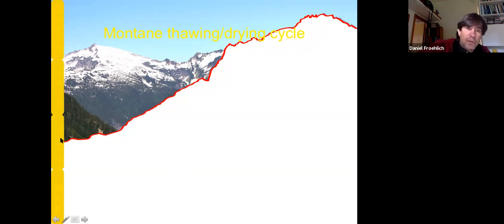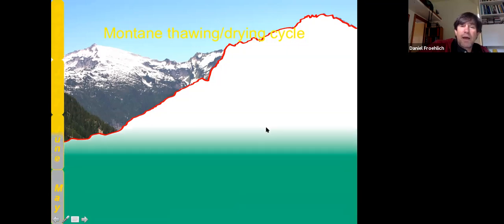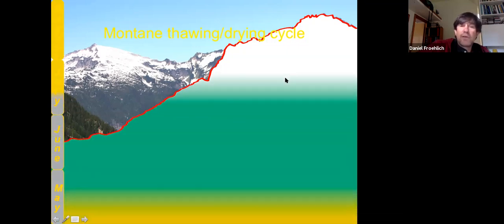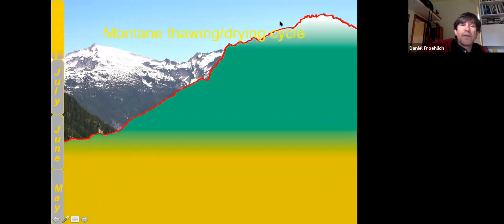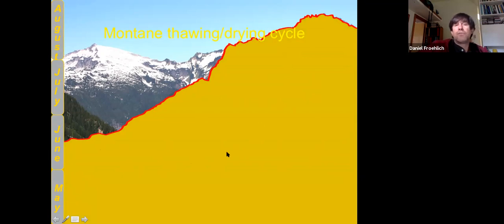And then if we trace through what happens through the rest of the summer, we would start with some thawing down in the valleys. That thaw creeps up the mountain slope, and by July, it's where we saw. And then in August, it's still creeping up to the top. And shortly after it greens up, it already starts drying out. So it's an ephemeral pattern of greening, primary productivity, insect deployment. The flowers are all blooming, and then it dries out and becomes